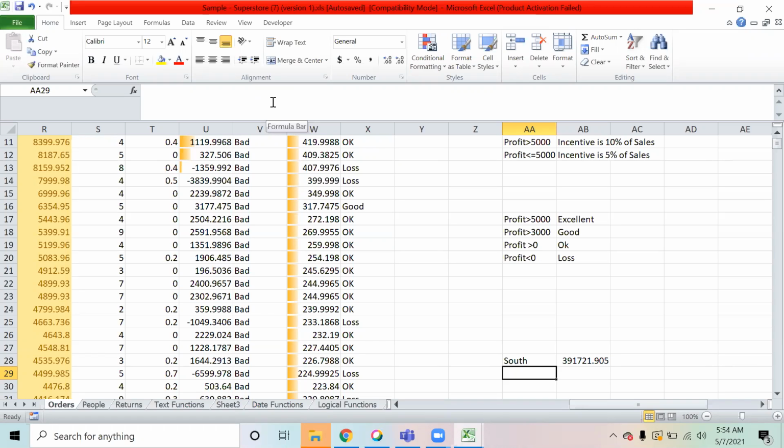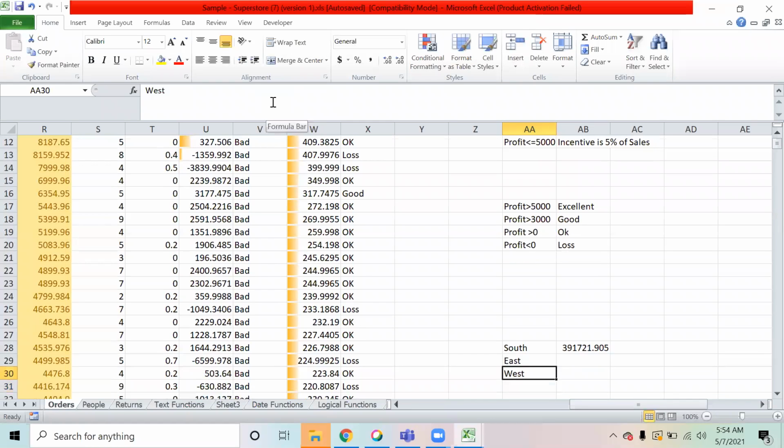Now can you modify this formula, right? Now let me see who can do that, because that is where the main magic will lie in. I write East also and West also. What is the thing that I should change in this formula, that basically one single formula, if I copy and paste it down, it should give me the sum of total sales in East also and West also? So do I need to change anything or do I not need to change anything? I can simply copy and paste it.